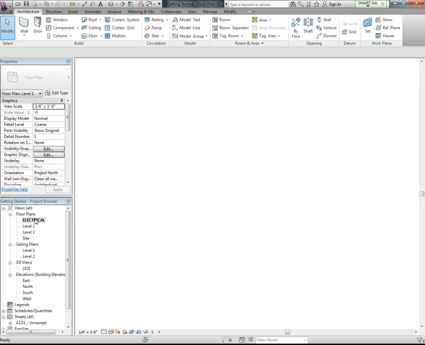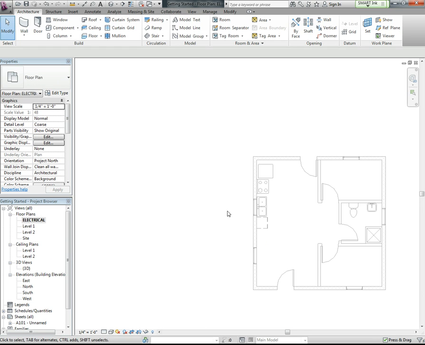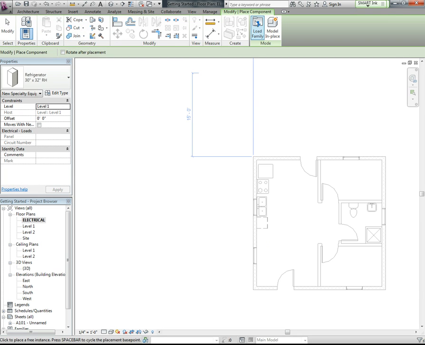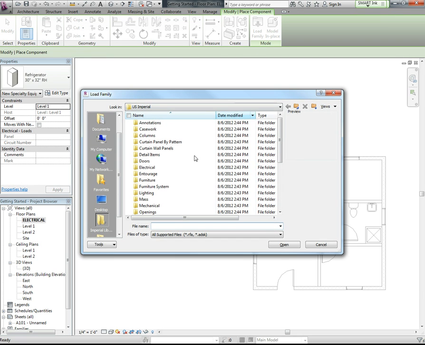So I'm going to go back to electrical plan on the floor plan view. And we're going to go in and place in some electrical equipment. What you want to do is go up to component. And you're going to go load family. You're going to click on electrical,